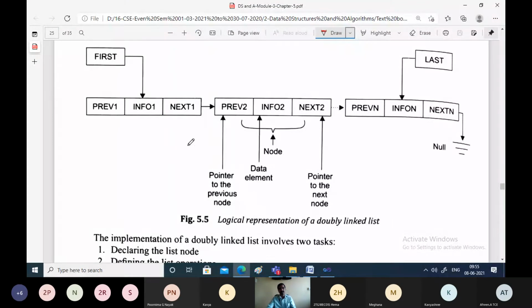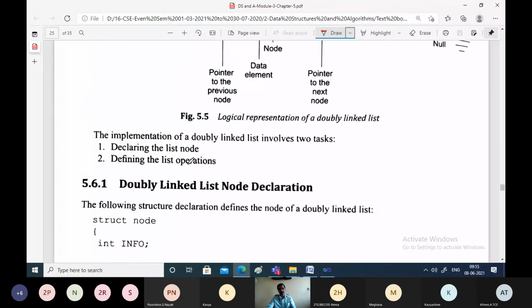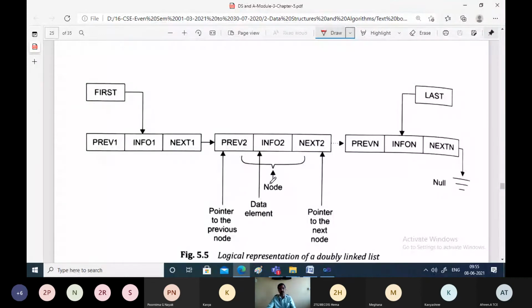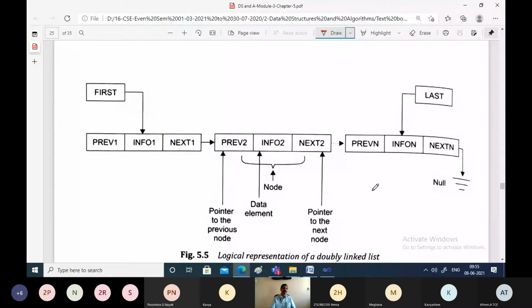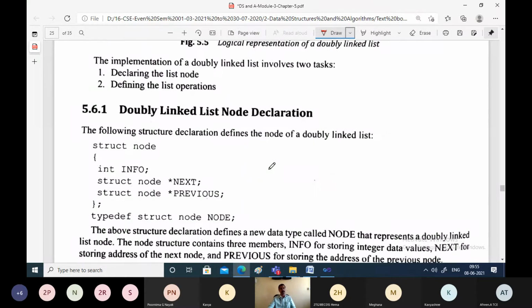Logical representation of doubly linked list. The previous node is going to contain a pointer to the next node. Actually, here they have not shown the pointers the way I have shown. The textbook has assumed that they should show the pointer here, but for our understanding purpose I have explained it here. This is going to contain a pointer to the previous node. If the textbook showed it with an arrow mark like this, then it would be good. It is pointing to the previous node. As usual, it is pointing to the next node and it is pointing to the previous node. So that will be the usual scenario for the doubly linked list.